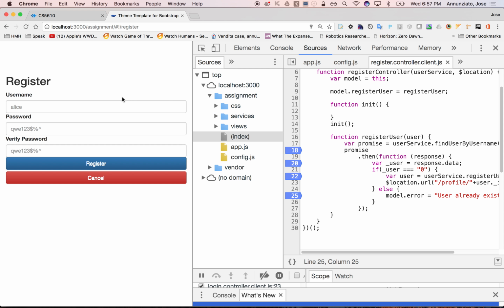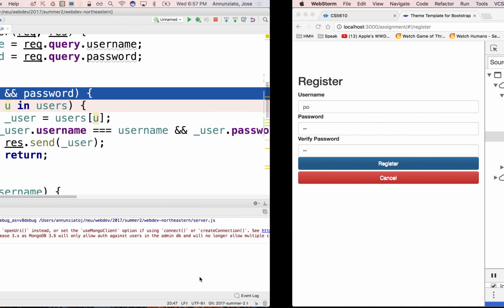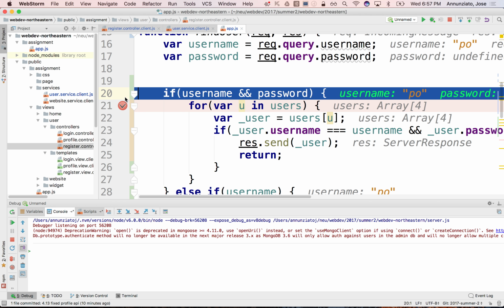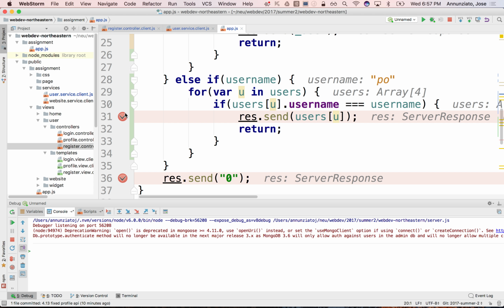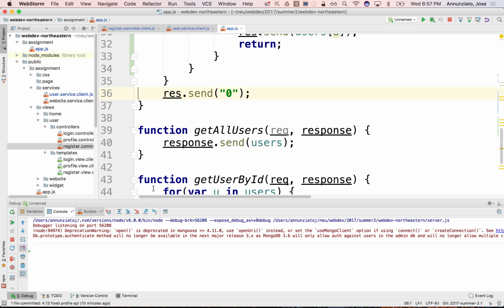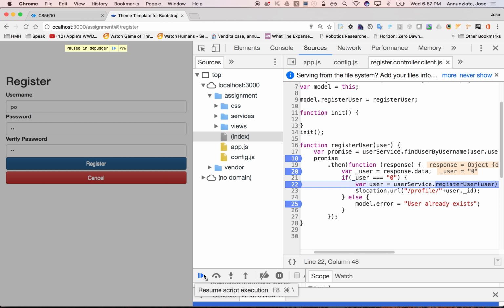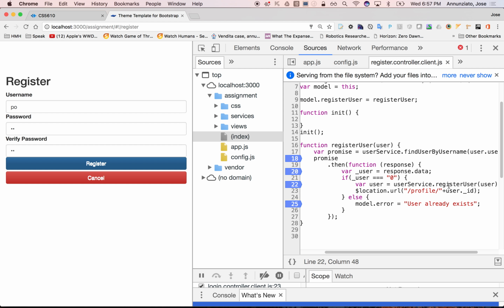Let's refresh again. So we'll do po, and po. Register. That user doesn't exist. It goes back here. Well, hopefully we know that's going to return a 0 here. Okay, it's going to find 0. There it is. So it's going to come back. Here is going to be 0. There it is. So if it is 0, it's going to come in here, and it's going to want to register the user. Say OK. So it registered the user,